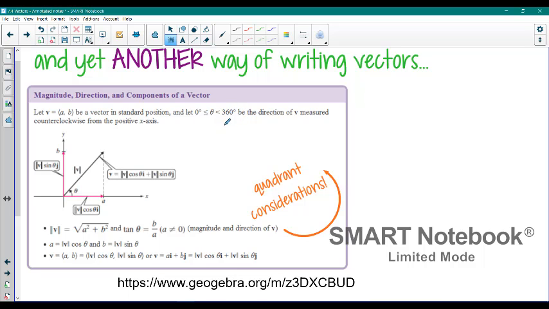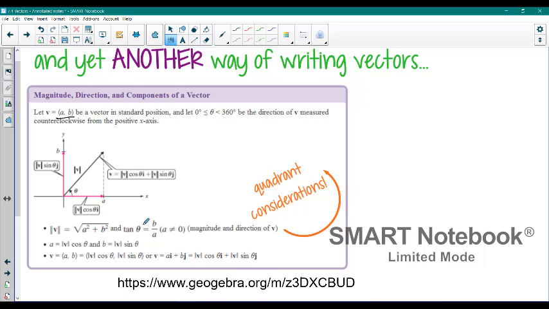So when we're going to have an angle, we already know how to find the magnitude of that angle, so we've dealt with that. But then think about how we could find the angle. We could do opposite over adjacent because we're going to know A and B. We're going to know the horizontal component and the vertical component. Well, of course, that brings to mind tangent. So we have the tangent of theta is equal to B over A,